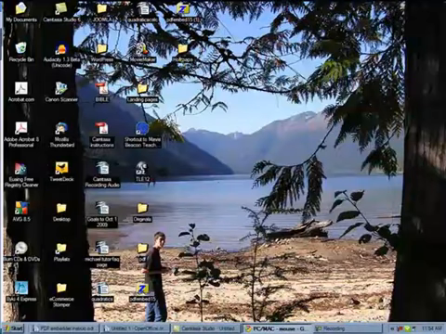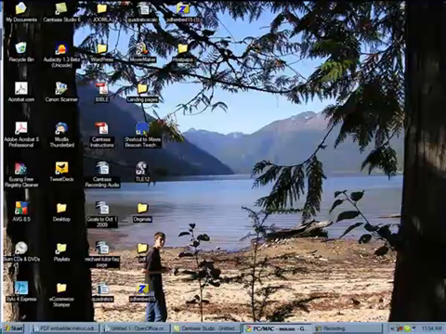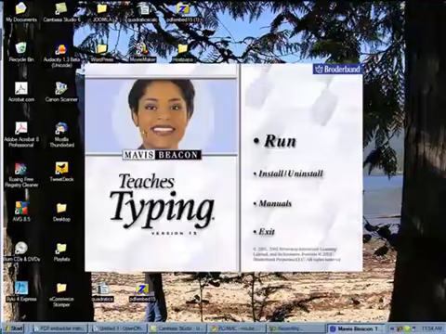So I'm moving back and forth just by clicking on various things. Computers are pretty useful because you can have all sorts of useful programs on them. For example, here's a shortcut to Mavis Beacon. I'm going to double left click on it again, and it's going to slowly open up. I'm going to hit run,